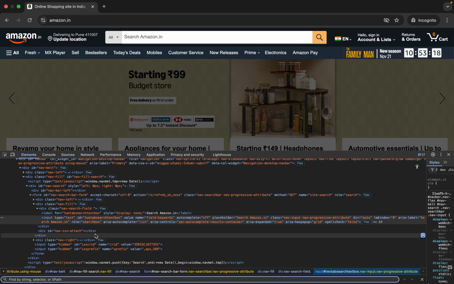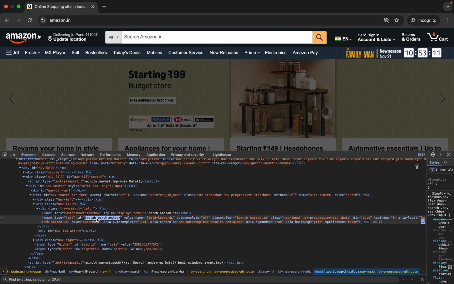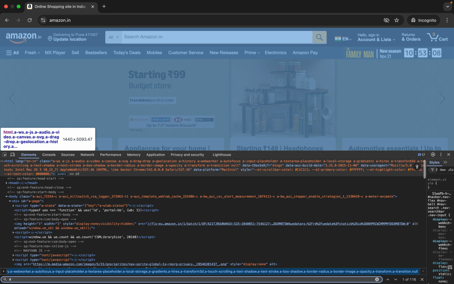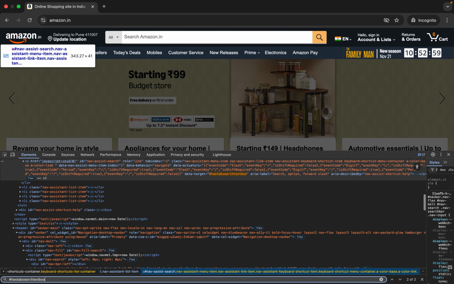So here if I want to write a CSS selector, I could just use the ID, right? So I could use something like hash, which is for the ID, and this value. So here you see you get two elements, which means that